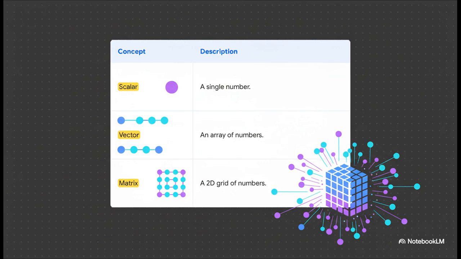And this is how it all scales up. These simple building blocks, single numbers or scalars, lists of numbers or vectors, and grids of numbers or matrices, let us organize enormous amounts of information. An entire data set of thousands of images can become one giant matrix. And this is so powerful because it means we can perform one huge calculation on all of it at the same time. And wouldn't you know it, that's exactly what modern GPUs, the graphics cards in gaming computers, are built to do.